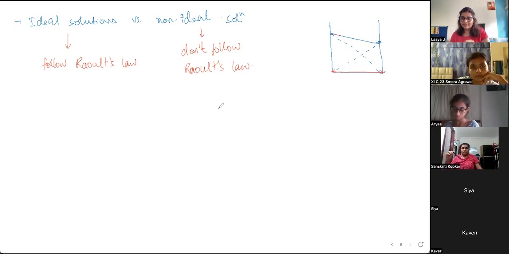Everything changes, right? That's why we define it for a specific temperature. But this relation needs to be a straight line across this whole spectrum. So we say follow Raoult's law over an entire range of